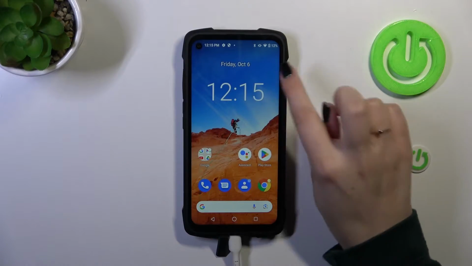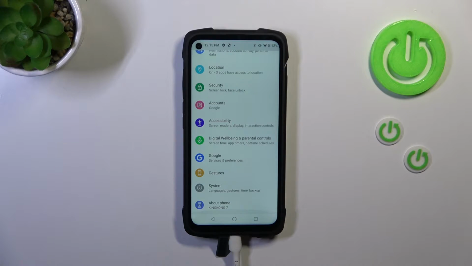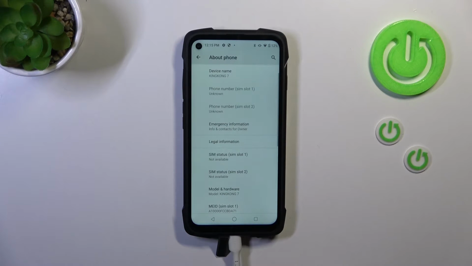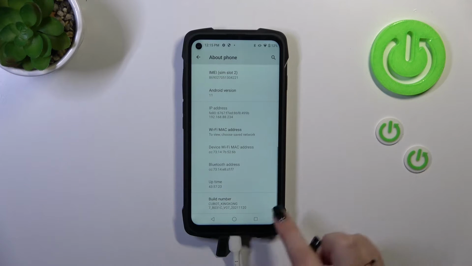So let's start with opening the settings. Let's find them and tap on them. And now we have to scroll down to the very bottom to find About Phone. Now let's locate a special number which is called build number, and as you can see it will be at